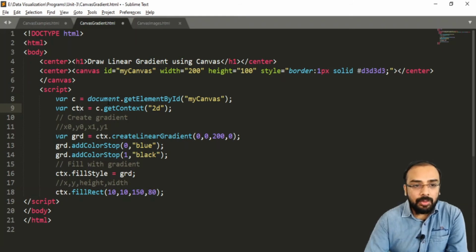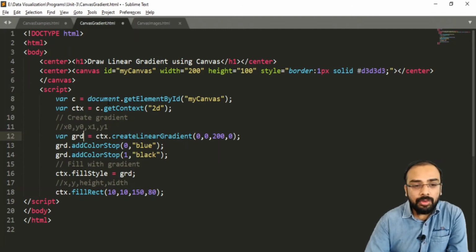Now in order to create a linear gradient we have a method named createLinearGradient, and it is accessible with the help of the context object. So we have written ctx.createLinearGradient. This method takes 4 parameters, that is x0, y0, x1 and y1 respectively, and we have stored it inside a variable named grd.